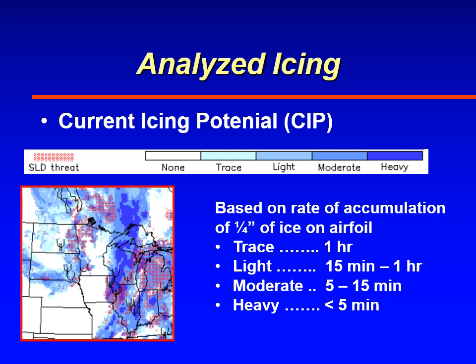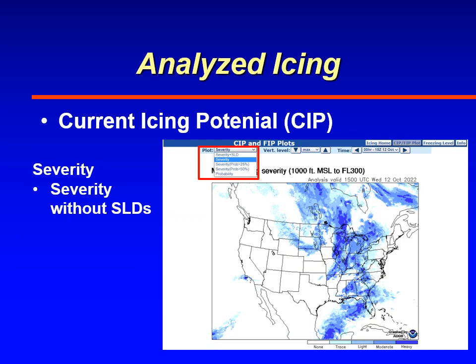Light would be between 15 minutes and 1 hour. Moderate, 5 minutes to 15 minutes. And then finally, heavy icing is where you get a 1/4 inch of ice on an airfoil in less than 5 minutes. Options that you can select include the severity without looking at SLDs, so you can get the intensity